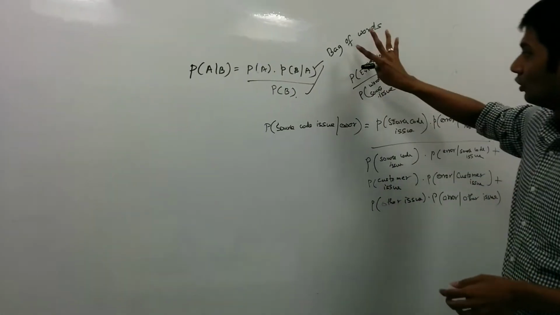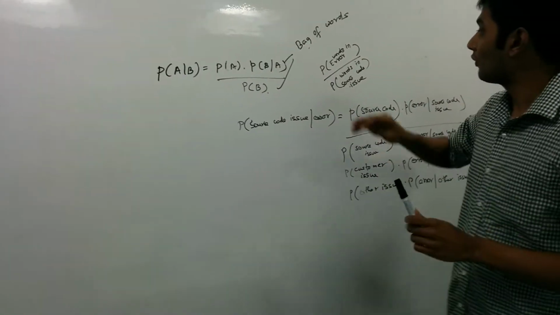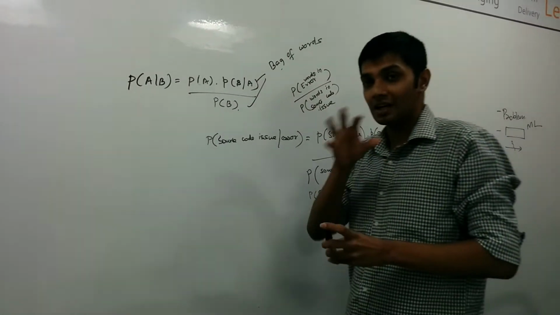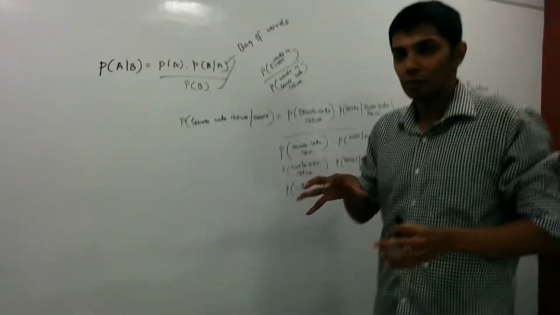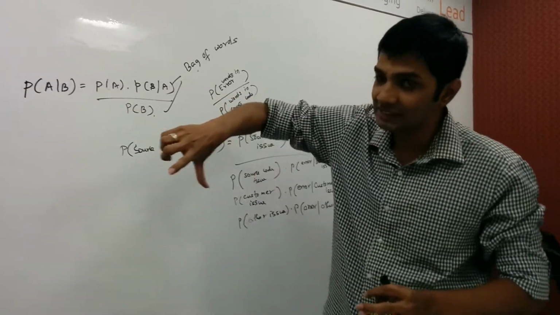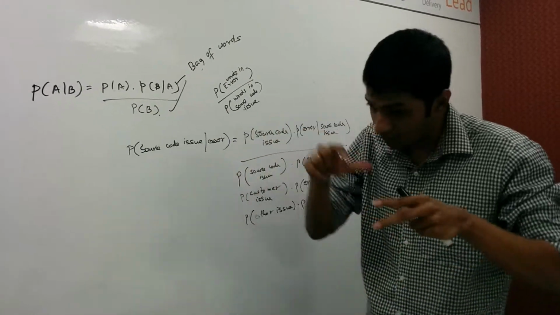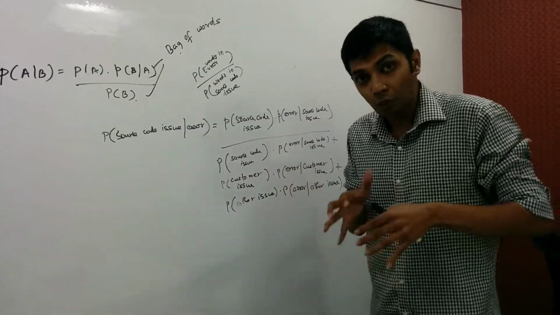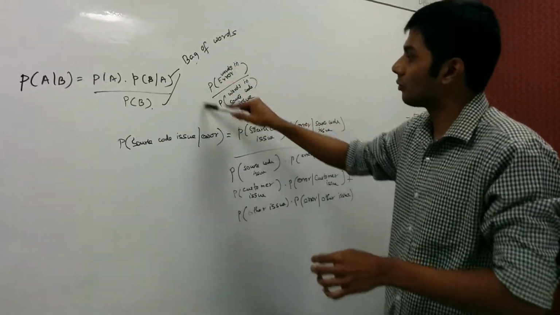So this bag of words, how it's done is, we already have a repository of the probability of the words that occur in each of those issues. Say we have a pool of words that are most common to each issue, and once we get an error message, we see the words in that error message, and we compute the probability of words in that error message to be part of the pool that has all the words related to that issue. So that is the bag of words.